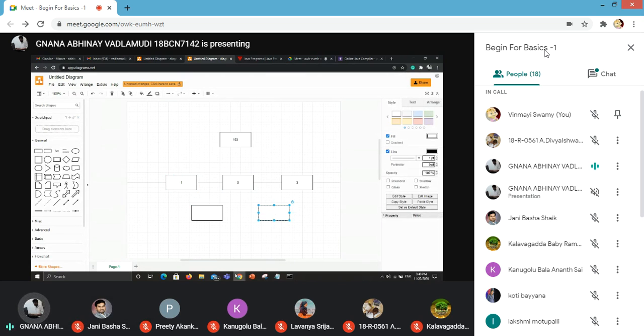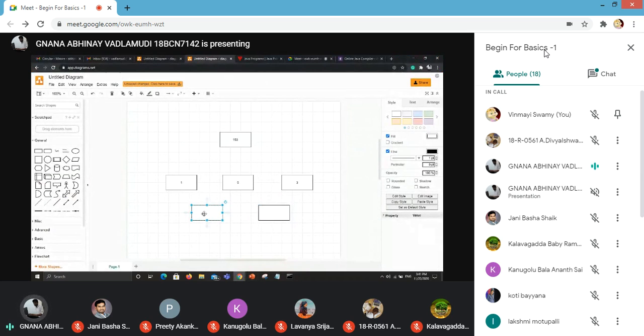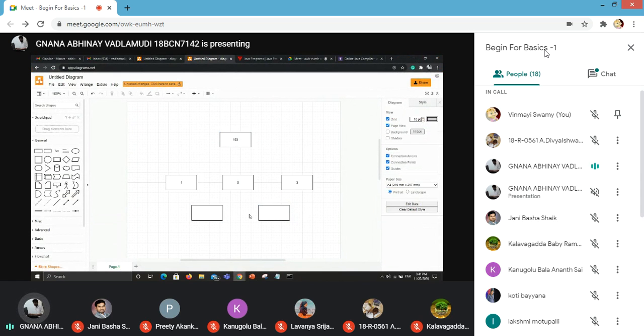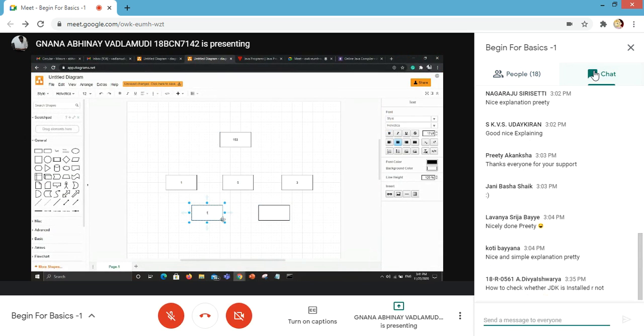But in our case, we are having the formula, and I'm just explaining the things. Don't misunderstand. For example, if I have a 3-digit number, I have to take the power as 3. If I had a 4-digit number, then I have to take the power as 4. It will be more understandable if I write the code. 1